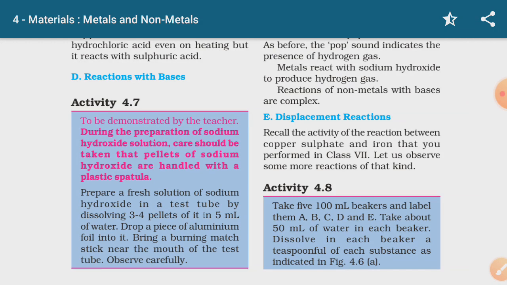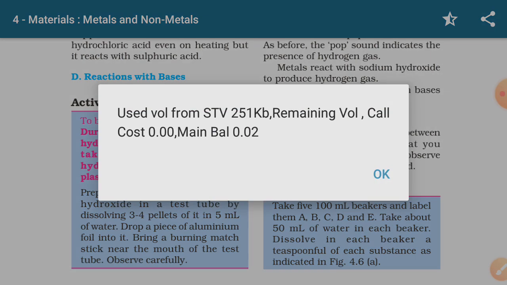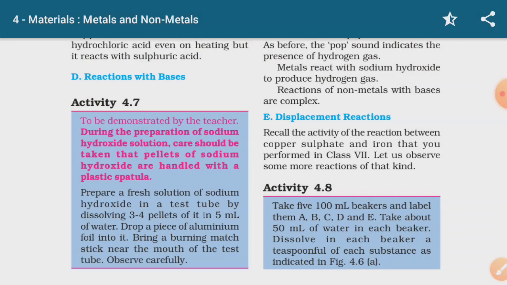So you already know that whenever metals react with dilute acid, they form the corresponding salts, plus hydrogen gas is also released. And how to test that hydrogen gas is released? You have to bring a burning splinter or a matchstick near the test tube and a pop sound will come. So this is the reaction of metals with the acids. Metals plus acid forms salt plus hydrogen gas.